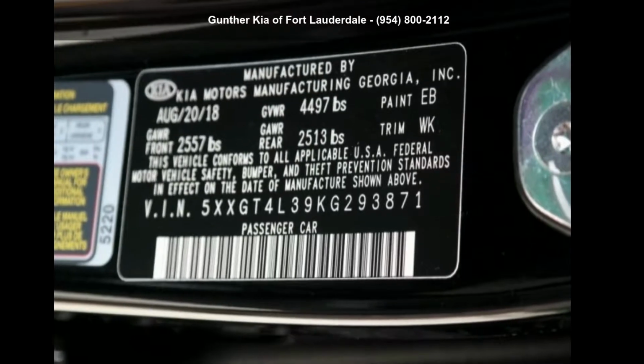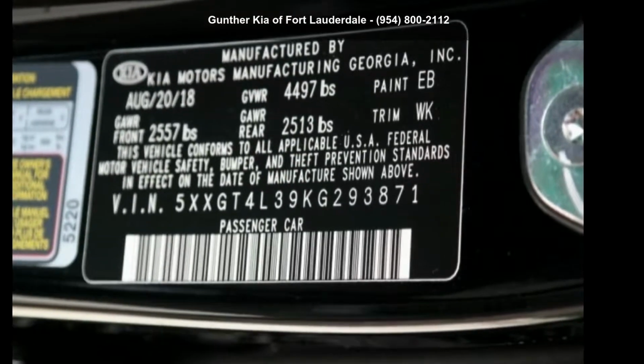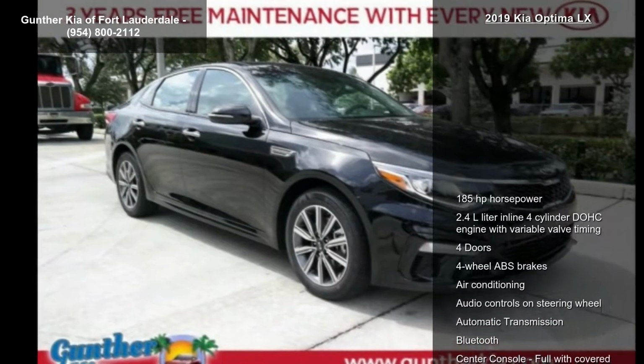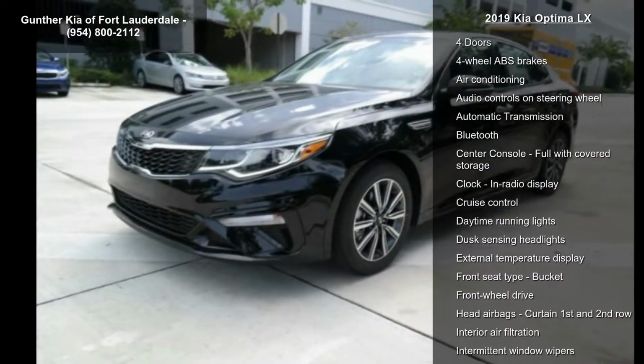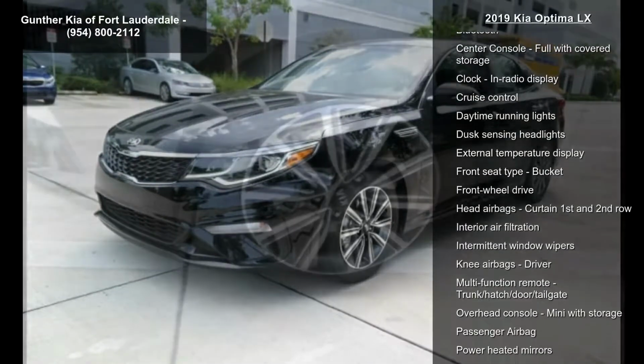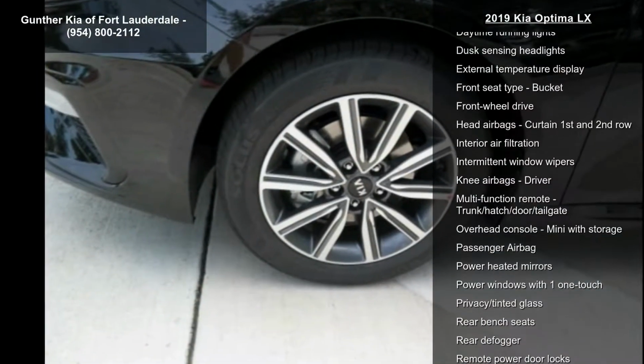Arrive in style with this Kia 2019 Optima LX. If you are looking for an automobile with great features, look no further. Some of the top features included with this vehicle are 185 horsepower,